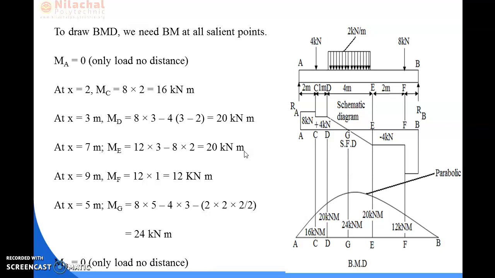After that, we will calculate the value of bending moment at point F. Here we will see the right side of the section. At the right side, one load is there, which is RB. So we can write RB into the distance from here to point F, that is 1 meter. So we can say the bending moment at point F is equal to RB